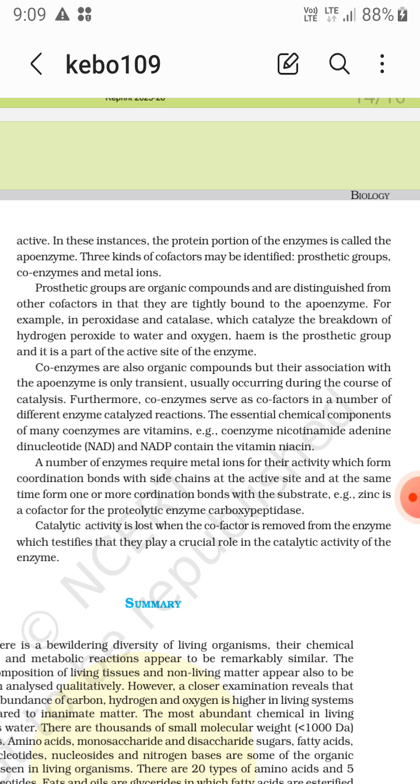Now coenzymes are also organic compounds, but their association with the apoenzyme is only transient, right? It is not tightly bound. It is only transient, usually occurring during the course of the catalysis, right? Furthermore, coenzymes